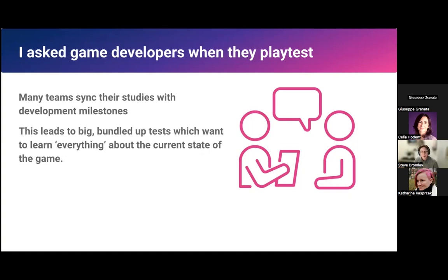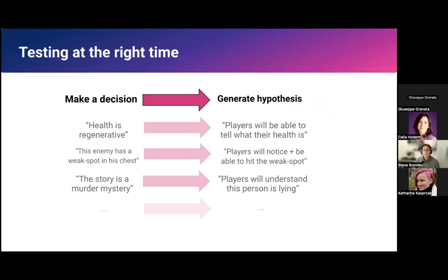So instead, we need to focus on pushing our game teams beyond just running studies at milestones and instead make them recognize the hypotheses behind the decisions they're making. Every day, game designers, level designers, producers, artists are making decisions about the game. Those can be big decisions like what is the genre? What should the story be? Or they can be tiny decisions like